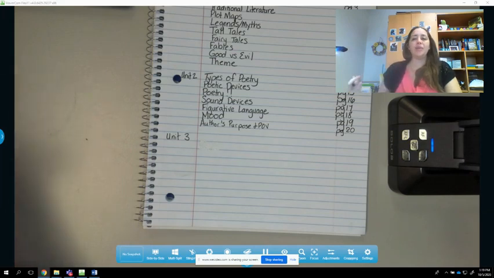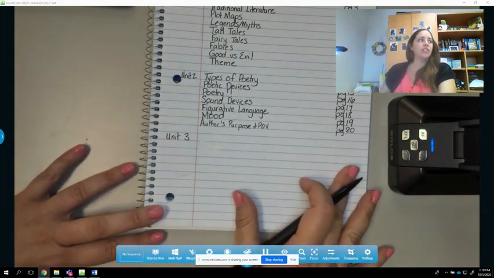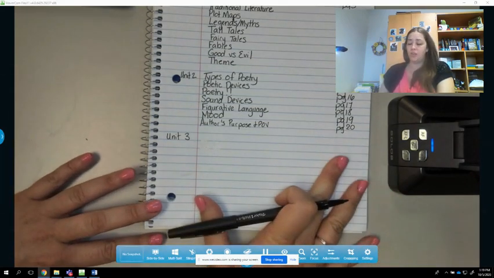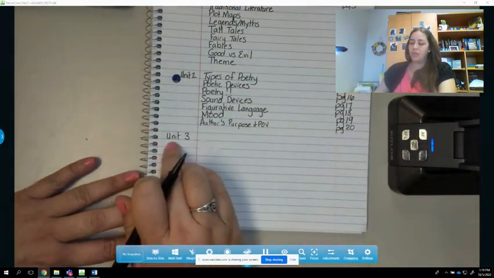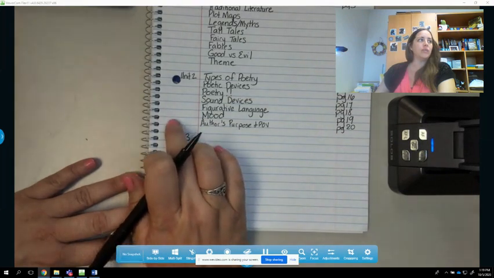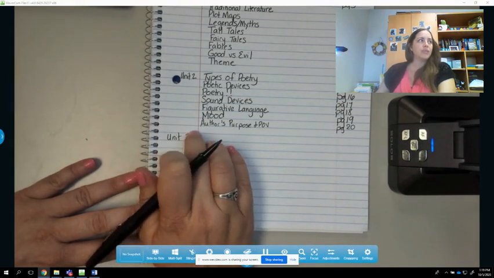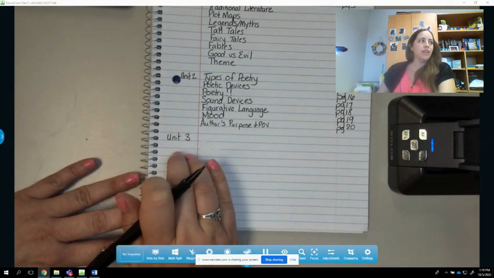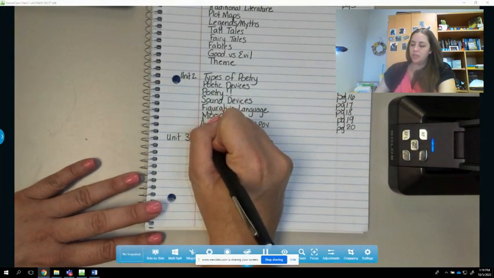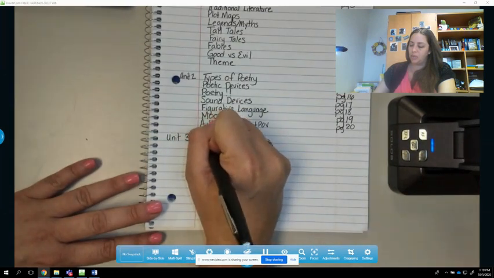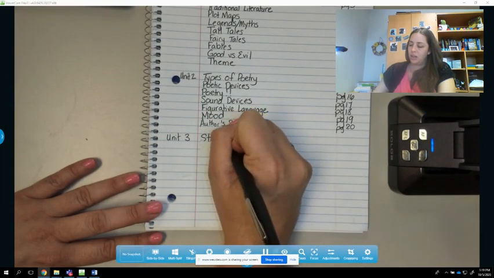Hey everybody, today we're starting our first unit, or excuse me, our third unit in our first lesson of our third unit. And right here I have unit 3 on my table of contents. So I skipped a line from unit 2 and I've started writing on unit 3. And this lesson is going to be titled Story Elements. So go ahead and write Story Elements